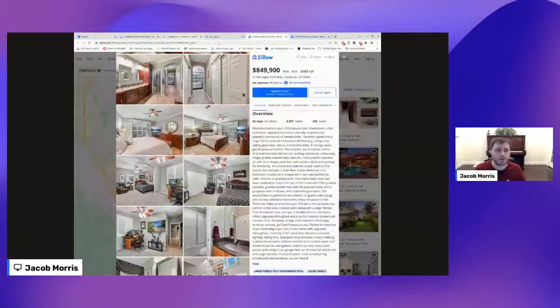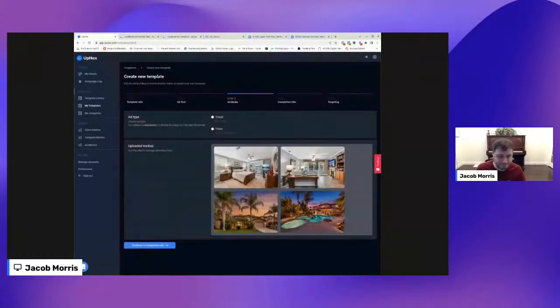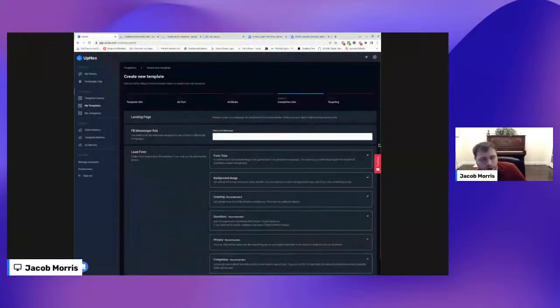Okay, so now what we're going to do is go into UpHex, and this is just for the template purposes, right? So just keep that in mind. What I'm doing here is just for building out the template. Okay. All right, so now we're going to input the information for the Facebook